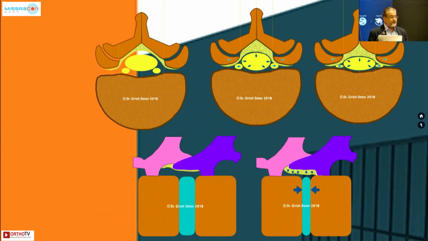So as you see, what happens with the ligamentum flavum? It is just an accomplice. As the disc resorbs, there is a collapse, there is a mucoid degeneration in the ligamentum flavum, and there is a concentric compression of the thecal sac, which naturally pushes the traversing root into the spinal canal, causing lateral recess